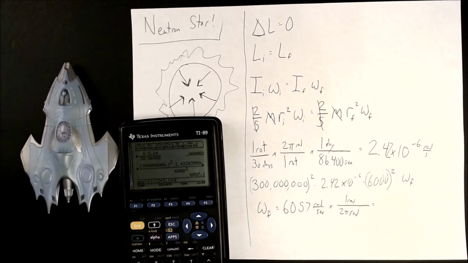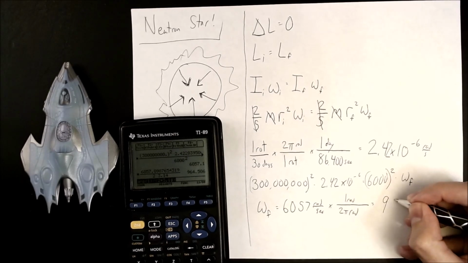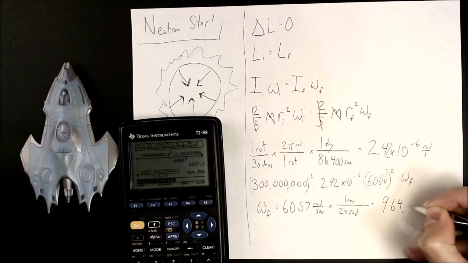I know a lot of students will forget the parentheses. If you forget the parentheses, your calculator will divide by 2 and then multiply the entire thing by pi. We don't want that. We want to divide the whole thing by 2 times pi. So put those parentheses around there. Okay, we get 964.5